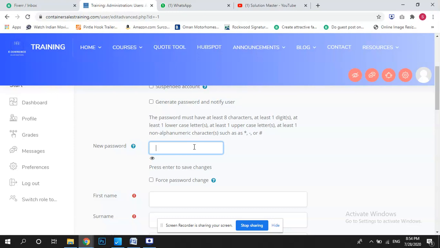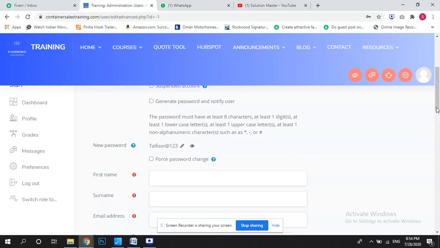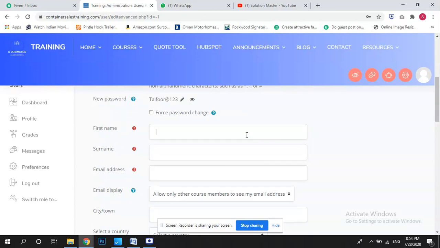The password should always contain capital letters, small letters, and special characters. So first name I'm writing here Taifur. Last name I'm writing here Abbas. I'm writing here my email ID, gmail.com.